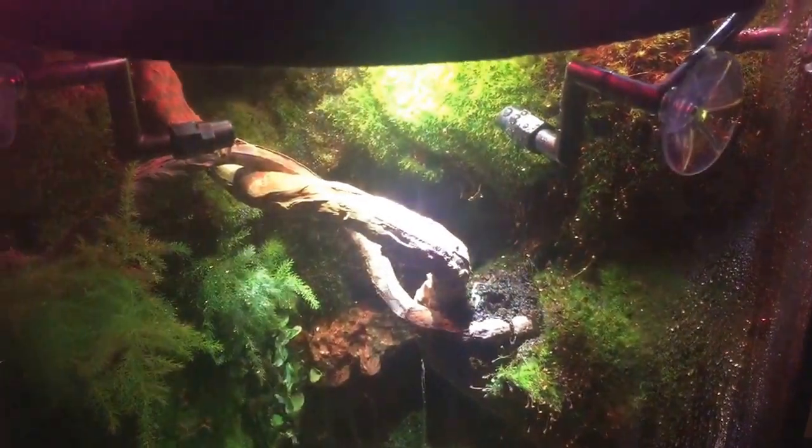And then at night, we're able to do a moonlight setting, which is kind of nice. It's a little dark. But you get the general idea of